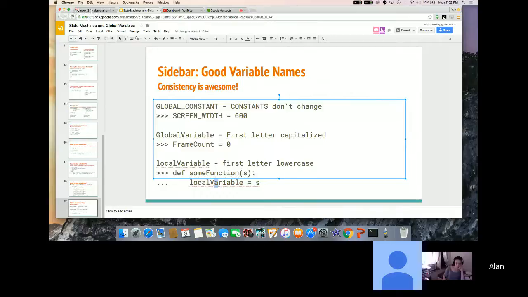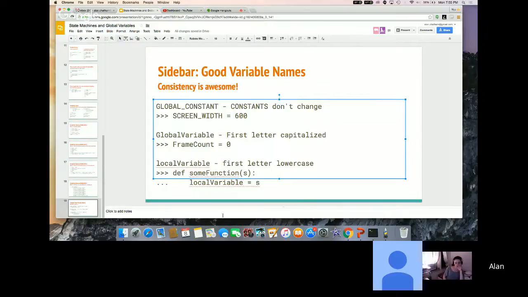I'd say probably 70 to 90% of programming, just because it's good programming practice, will not use global variables. It may use constants, which are super common, but it won't have global variables with values that are changing. So for local variables, you'll see this lowercase camel case a lot more commonly used,